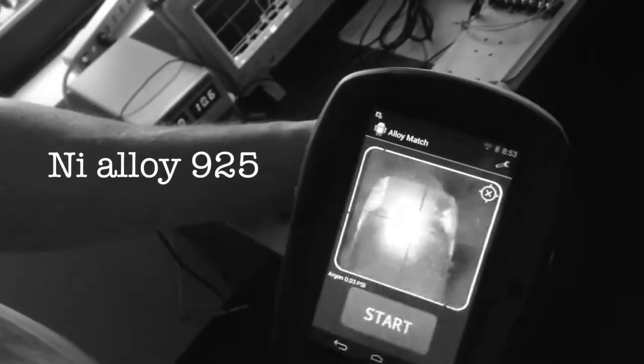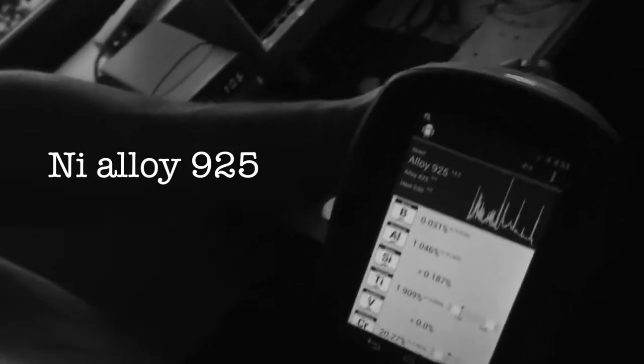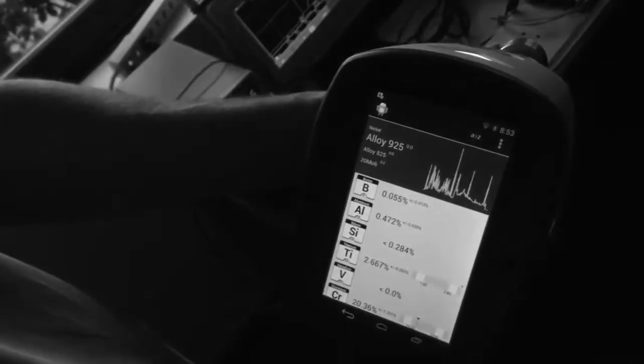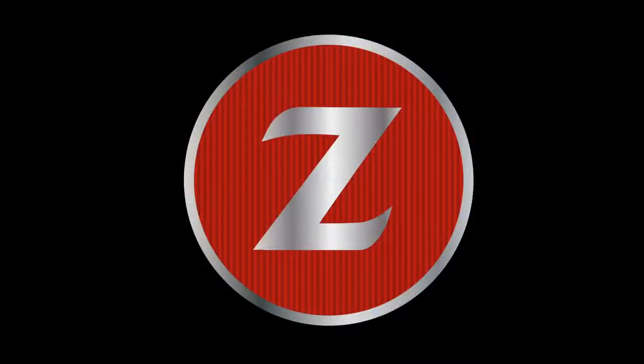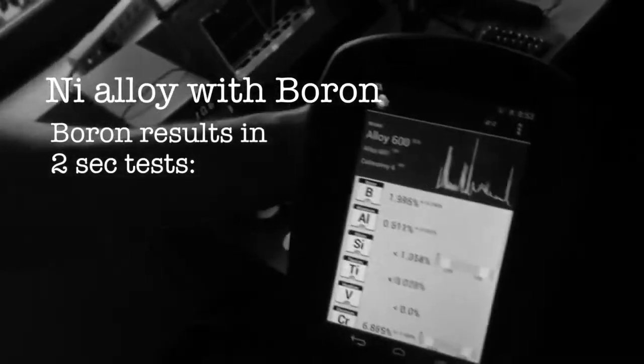Do it again. Maybe 925. The stage started in the wrong spot. 925. So there you go. So another good alloy. 925 again. High nickel, not so high nickel. A little bit of copper. It's good chemistry. This won't be in the grade library as is, but what's interesting about this is it's got